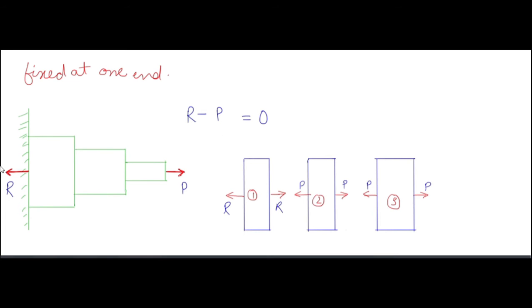That we did in the first question also, that the summation of all the forces is equal to 0. So the reaction forces plus the applied forces, having opposite direction, sum to 0. Now in all those parts we are seeing tensile forces acting on the cross section. So in the first we have R, in the second we have P, and in the third we have P. R is also P, so I have just shown R.